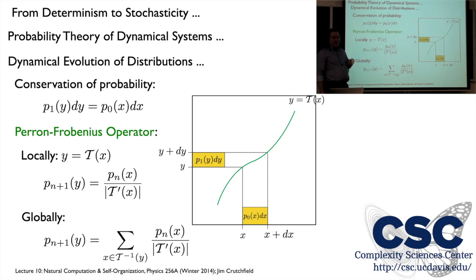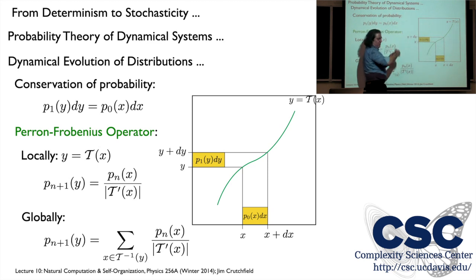This should sound a little bit like the stretching and shrinking we were talking about before. Now, this is just a local view. Just like you were saying, there might be other contributions. Imagine T of x dips down over here. So the way we think about this, and this is the main idea of evolving the probability distribution forward, the curious thing is that we look at the range of the function and we ask, who contributed to me?